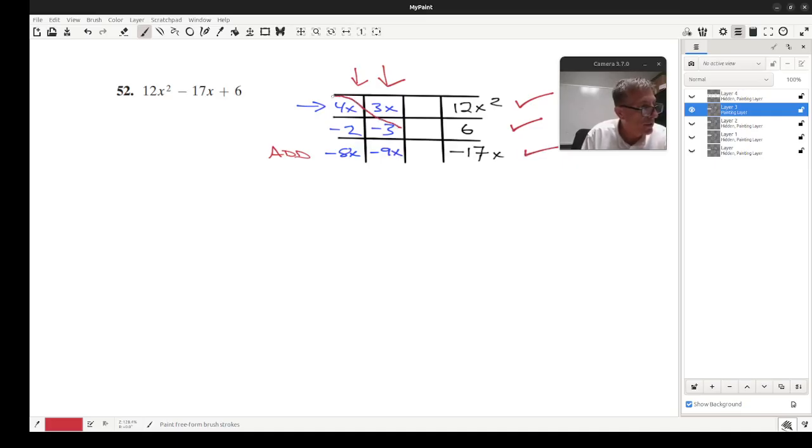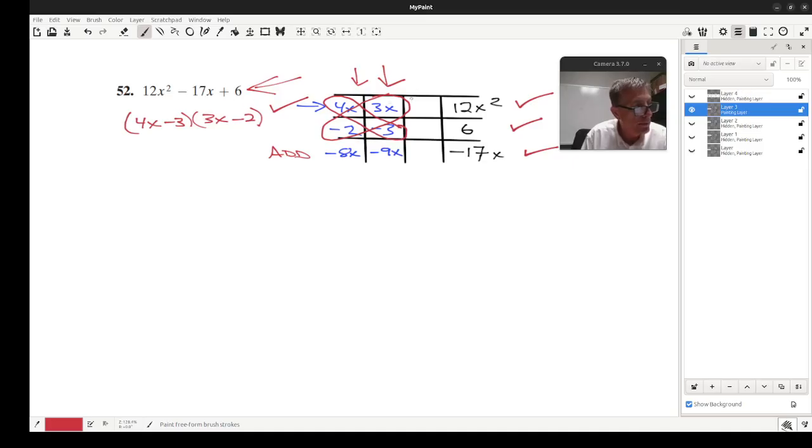So we go kitty corner. It's always that cross term that's problematic. So that's going to give me 4x minus 3. And when I go kitty corner this way, I'm going to have 3x minus 2. And we got it. You can always, again, check it by multiplying these two together just to make sure you